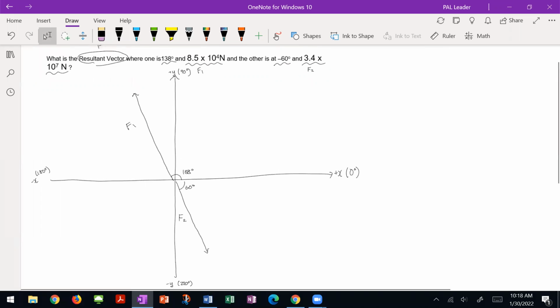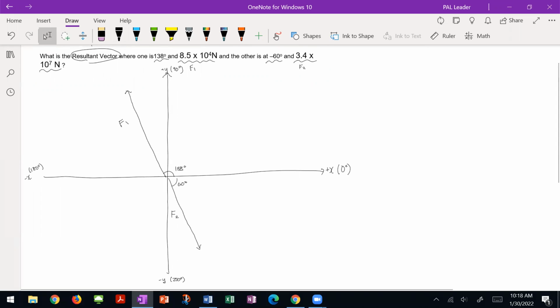So we want to find final F, right? But, oh man, should I do this in a different way? Nah, I think this is fine. I think you guys can get it. So I still don't know what F is going to look like. I don't know if it's going to be going over here, maybe going a little over here. I don't know. But what I do know is that F is just,